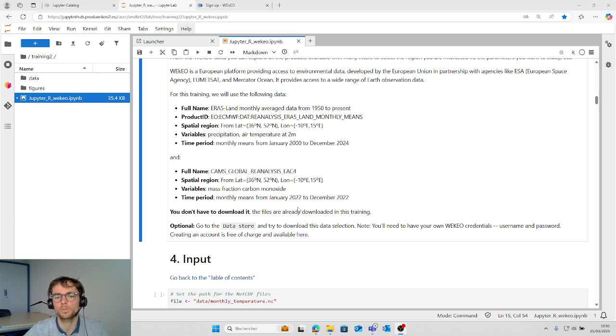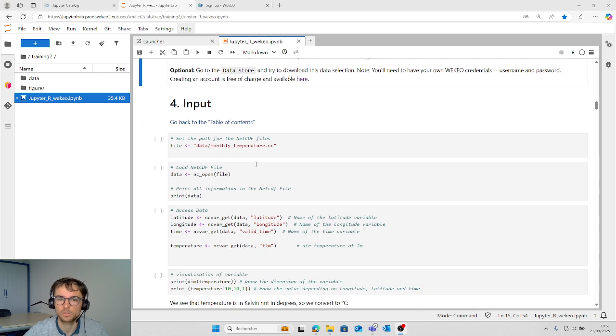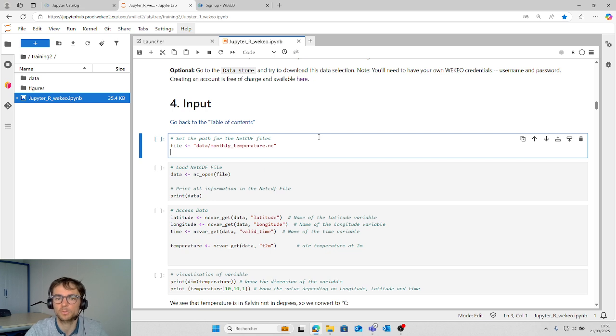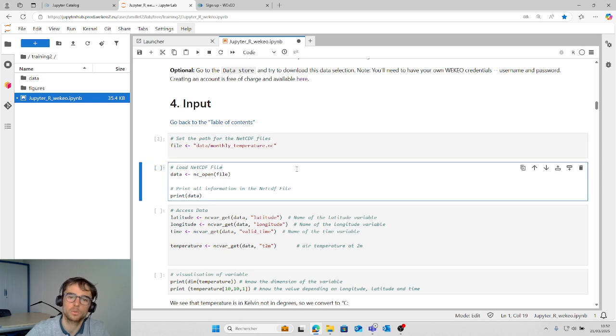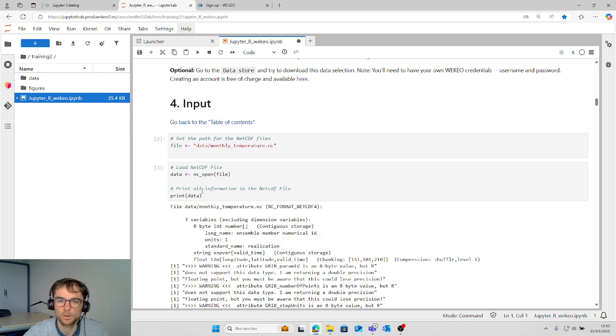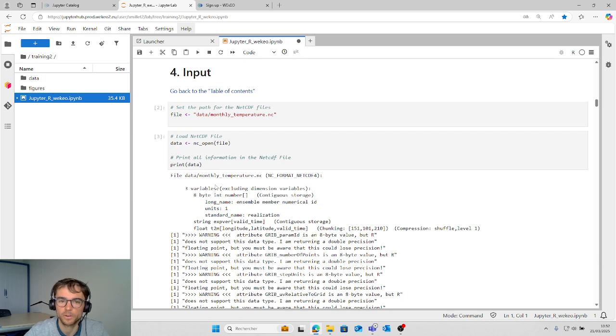First, we will work with temperature. So first, we set the path of the NetCDF file of temperature. Then we load the NetCDF file with nc_open, and print the information of the file.